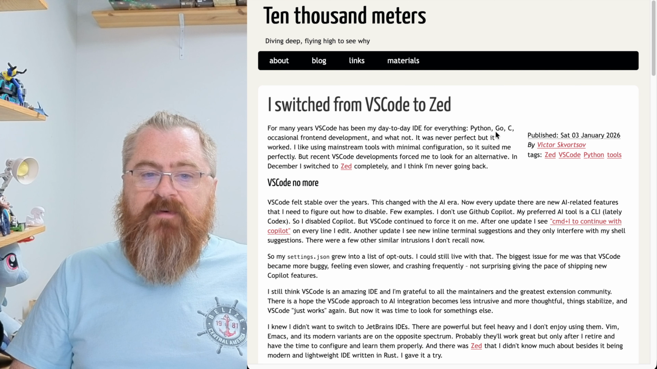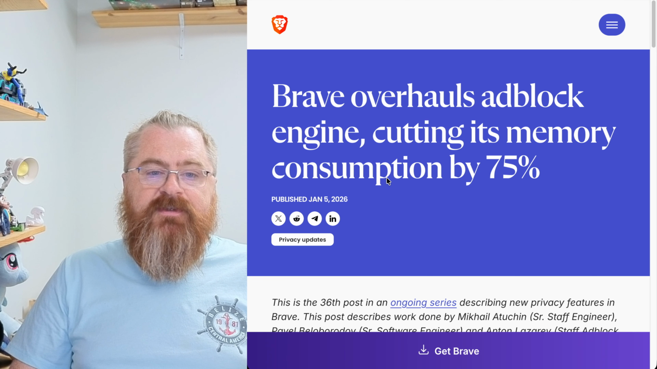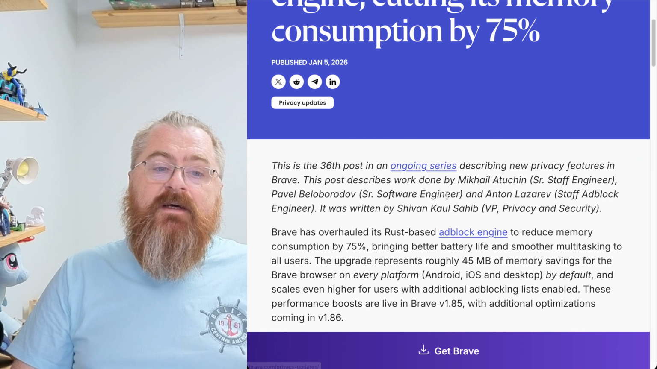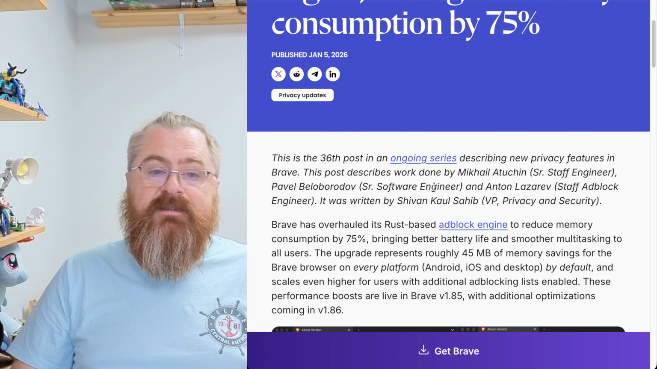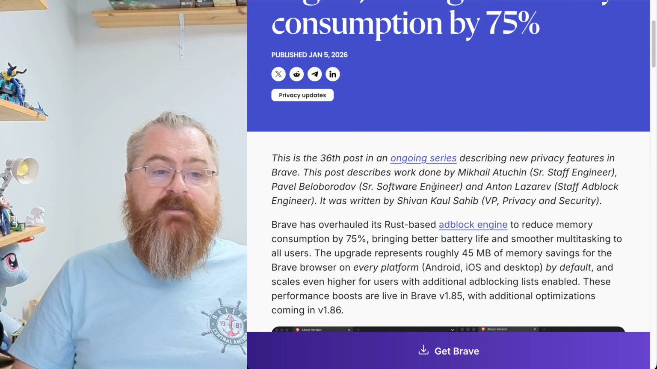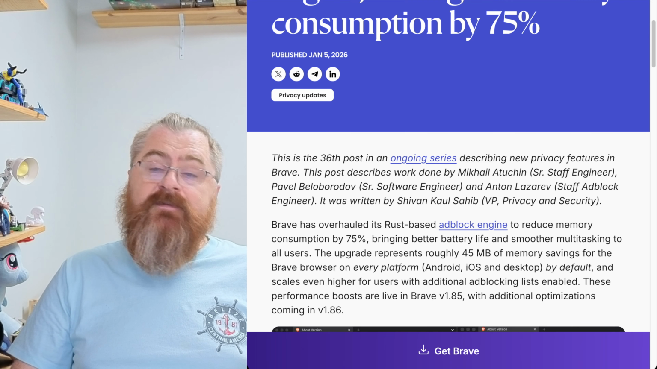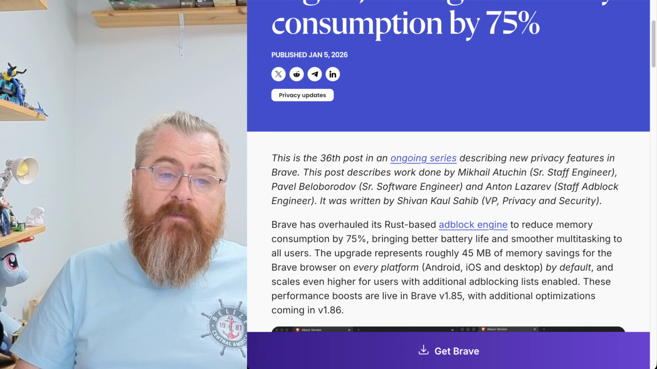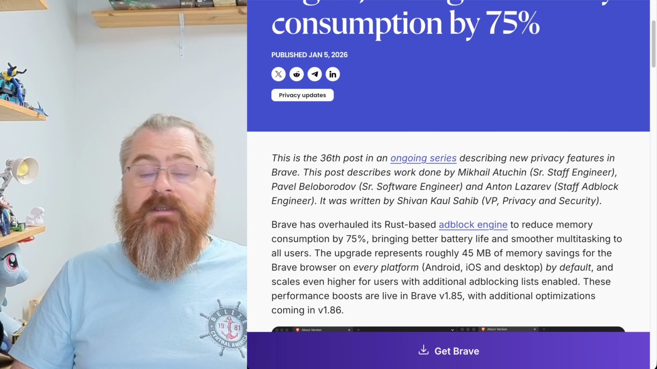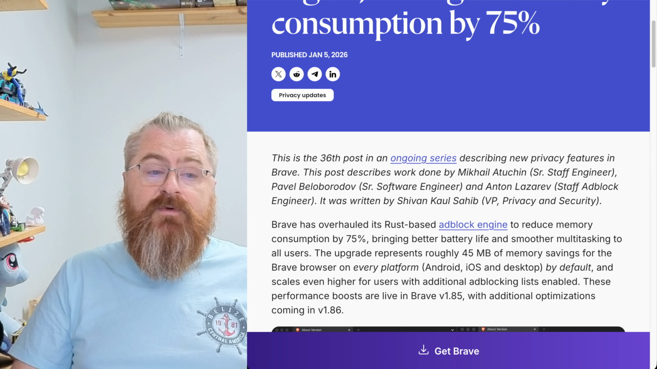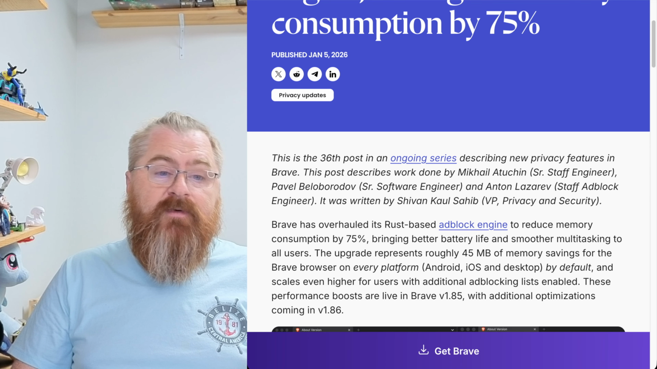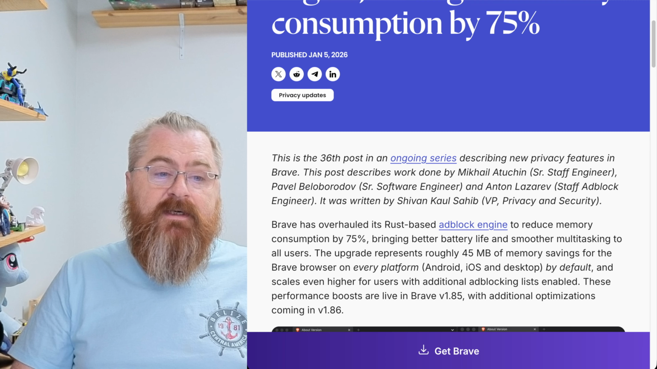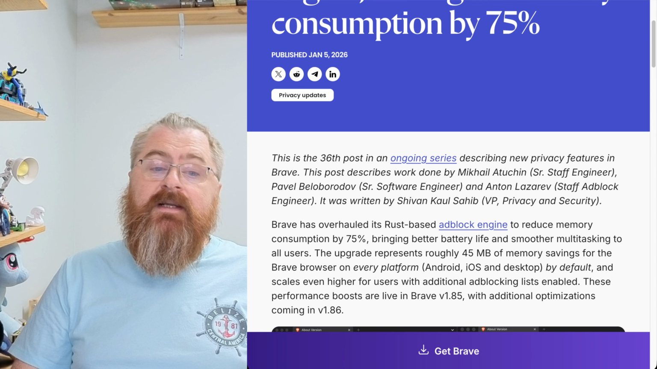Speaking of performance, the engineering team at Brave just dropped a fascinating technical deep dive. They overhauled their Rust-based ad-block engine using FlatBuffers, and the results are pretty wild. It's a 75% reduction in memory usage. And by moving to a zero copy deserialization format, they managed to significantly cut down the overhead of loading filter lists. For anyone working with Rust or systems optimization, that's a great case study on how data structure choices directly impact